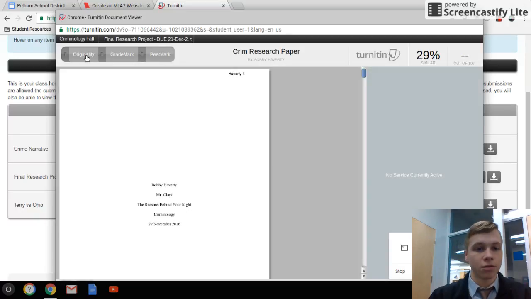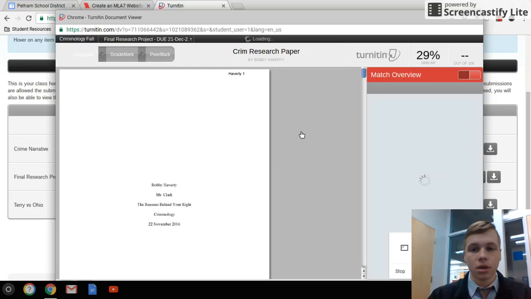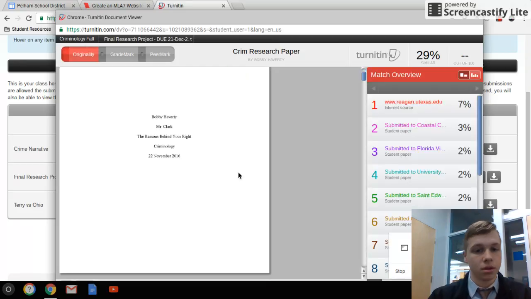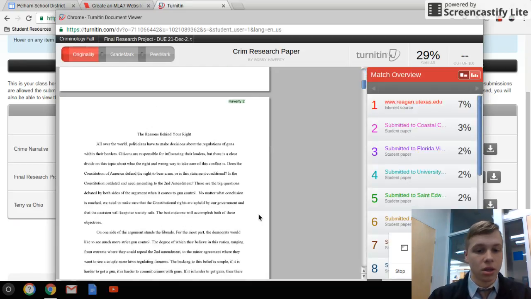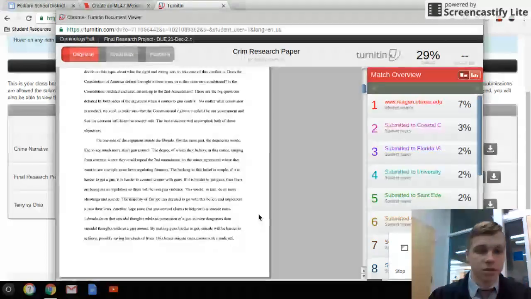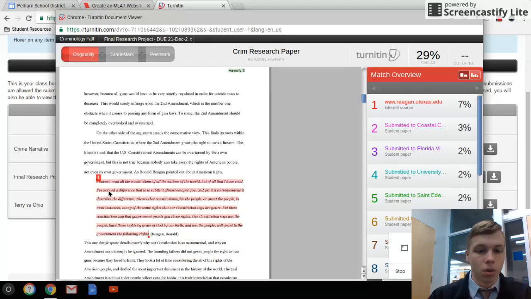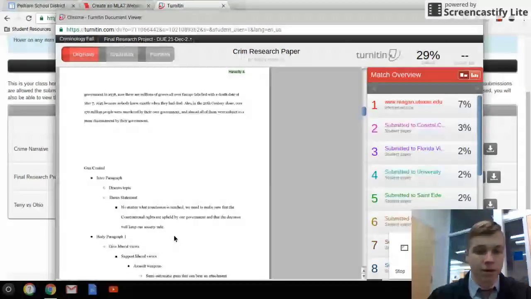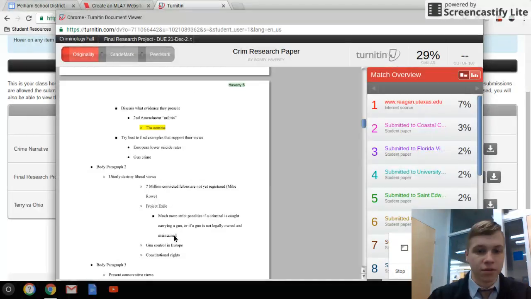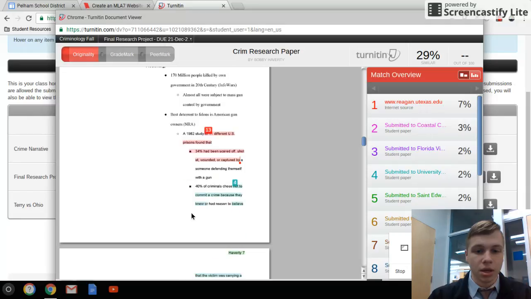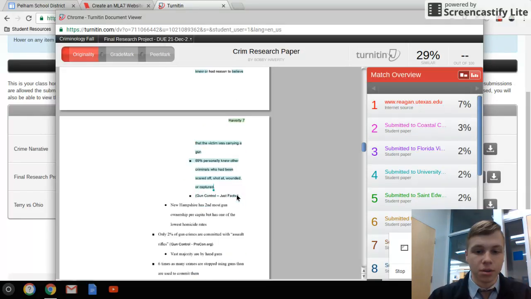You can click this originality in the top left, and this is just my rough draft. You can go down and see it'll highlight anything that's plagiarized. So these are just paragraphs I wrote myself. This is a quote that says it's plagiarized, but I cited it, so that's all set. All the way down, you can see that there's nothing that I really wrote that was plagiarized, except for a few bullet points, which I also cited. And the rest is all cited on my works cited page down here